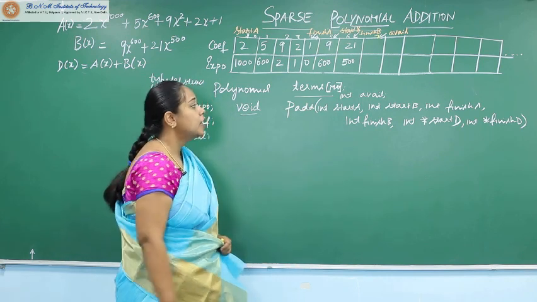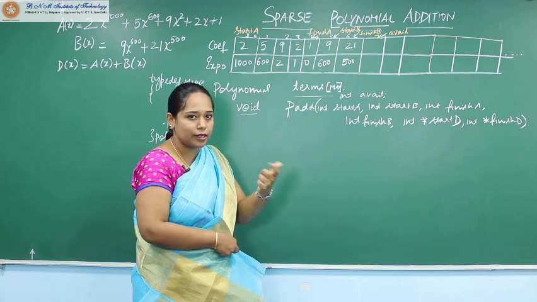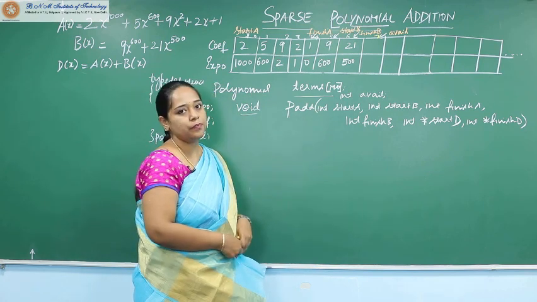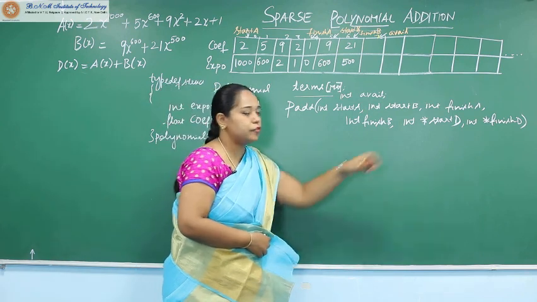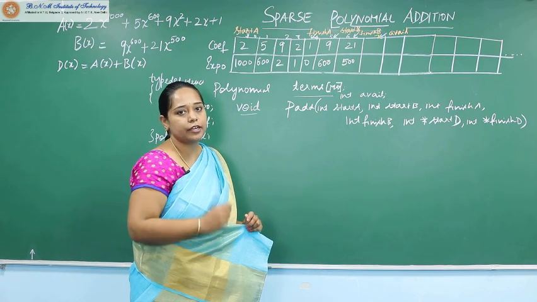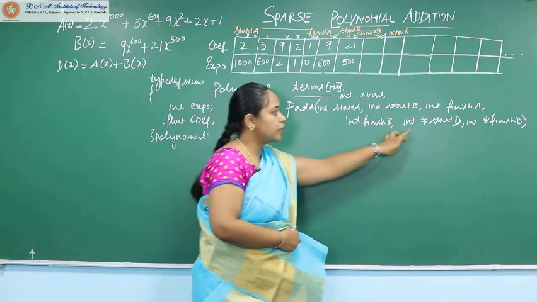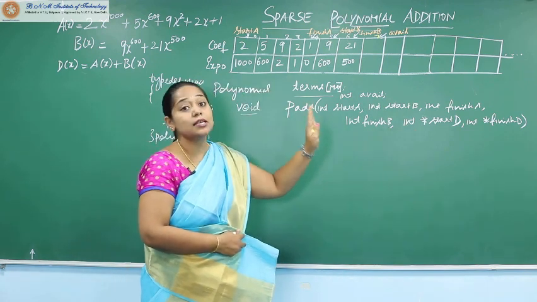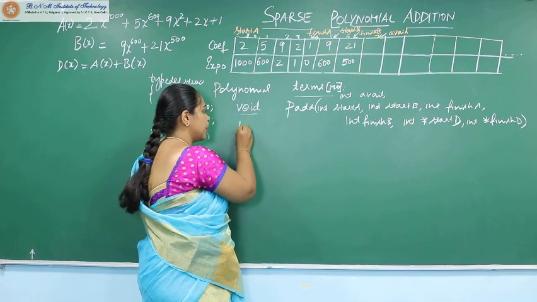Now going ahead, what we really do is we start populating this terms array with the resultant polynomial in this function. And the calling function would ultimately know where start D and finish D are because they are passed by reference. The value that's updated gets reflected in the activation record of the calling function. So start D and finish D are pointers, passed by reference for us. That's why the return type is void.